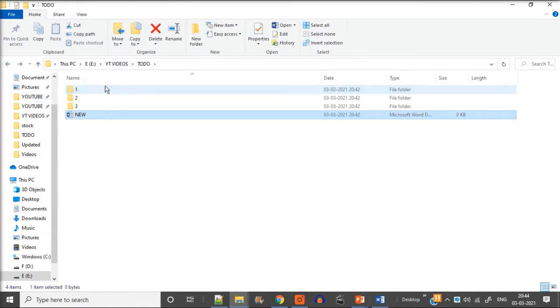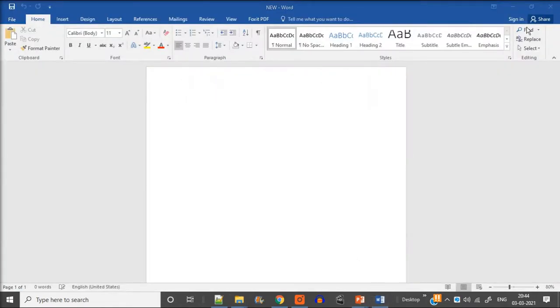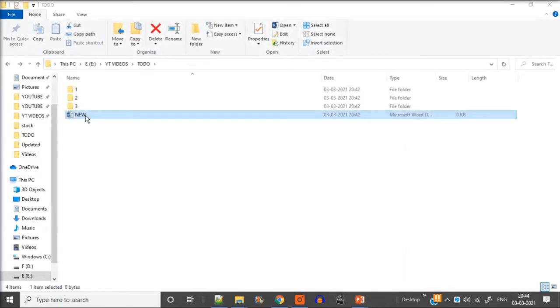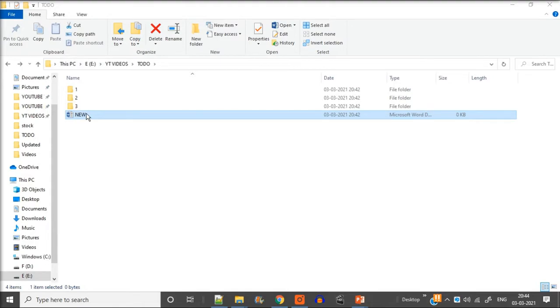Now I can just drag and drop. I just took it and dragged it, but the problem is I already opened it, if you remember. So I have to close it now. I cannot drag and drop until the file is closed. So I'm again using the mouse, crossing it. Now I will drag it and drop it. Means I pressed the mouse, then I dragged it and then I left the mouse button.